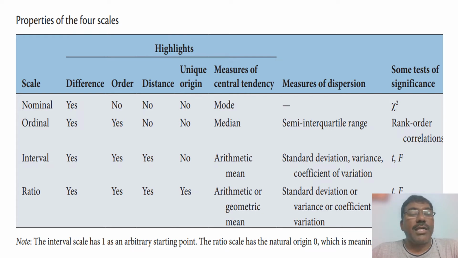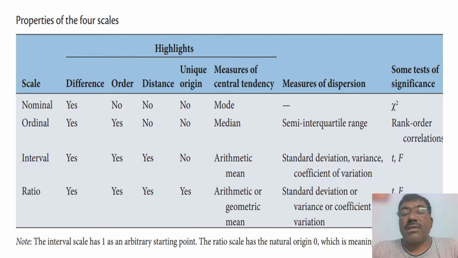It can differentiate, but there is no order. We cannot arrange them in order, meaning first, second, third, fourth, and like that. In a nominal scale, we can only differentiate the sample respondents. We cannot make any order, there is no distance among the respondents, and we cannot find even a unique origin. Only the mode is the statistical technique that we can use for the nominal scale,